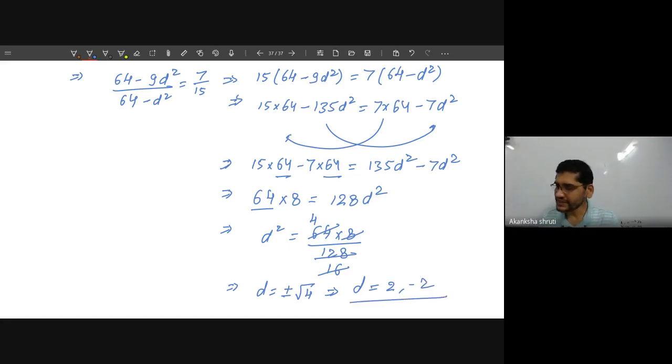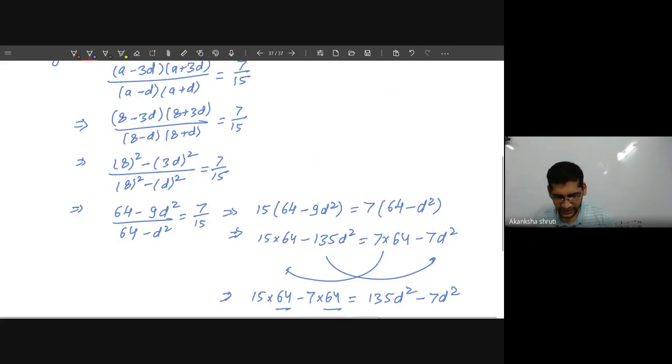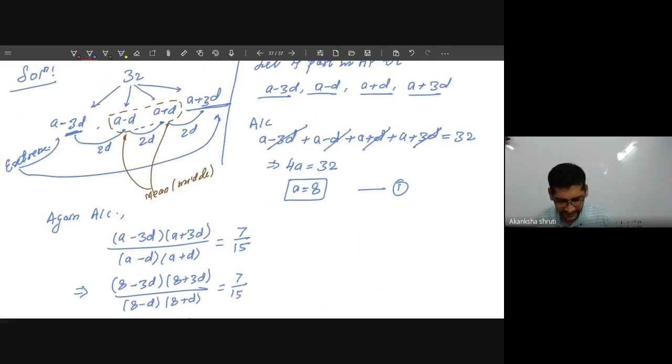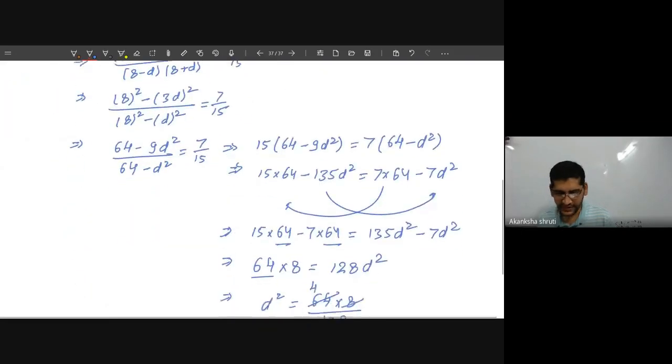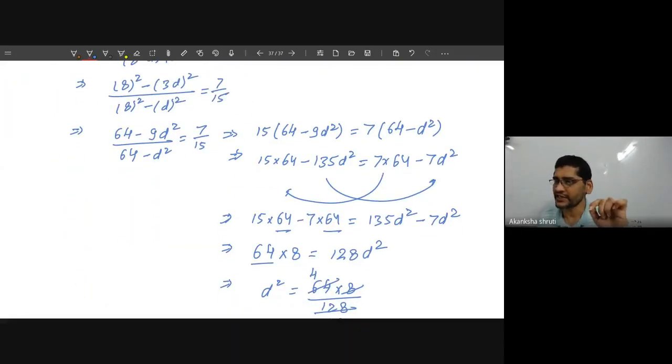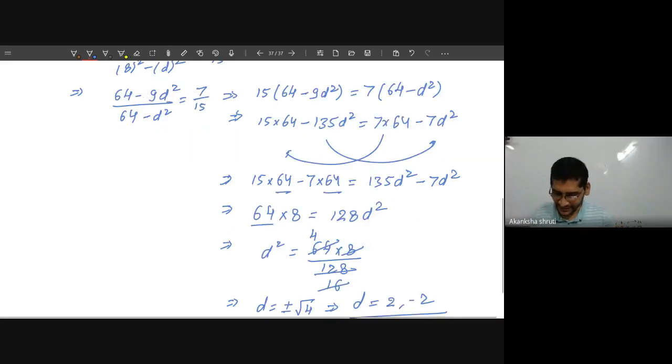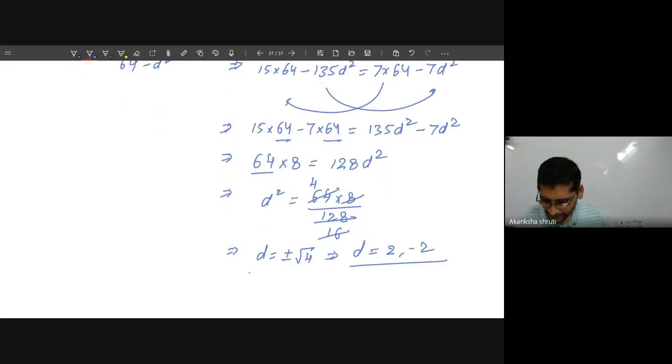ओके नो. देखिए इतना सिंपल क्वेश्चन है, लगता बहुत लंबा था. यदि हम यहां पे a माइनस 3d, a माइनस डी, a प्लस डी, a प्लस 3d नहीं लेंगे और यदि आप नॉर्मल तरीके से करने बैठेंगे तो बच्चे आपके 3 घंटे के 3 घंटे चले जाएंगे. अच्छे बच्चे कर तो जरूर देंगे, लेकिन बाकी आपके कोई क्वेश्चन नहीं होंगे. मीन्स एक्सक्लूसिवली 4 मार्क्स क्वेश्चन और 6 मार्क्स के जो क्वेश्चन आते हैं, बाकी कुछ भी नहीं होंगे. So that's why this is the beauty of choosing the AP by adjusting the D.